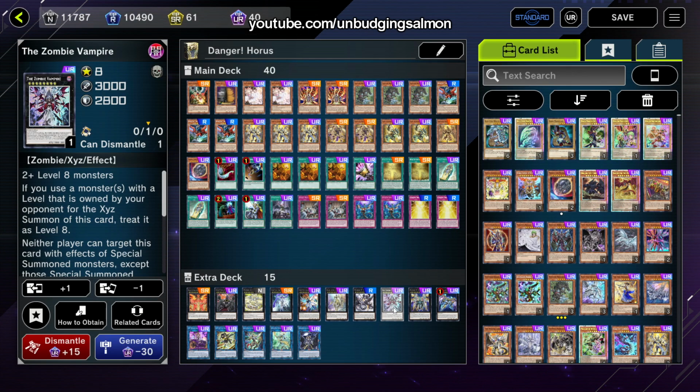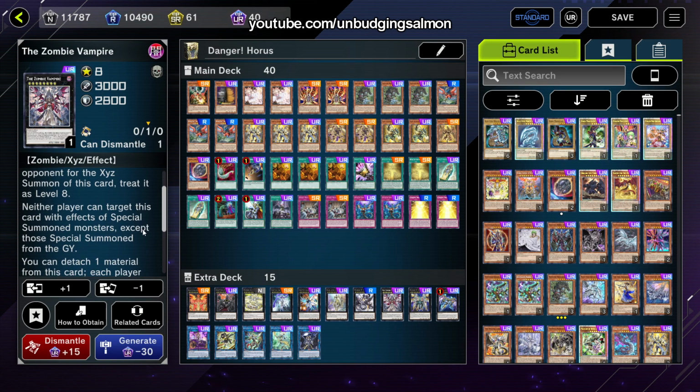Alright, Zombie Vampire, you're going to be making this pretty much every game, if you can help it. I use it to kind of pace myself so I don't pitch my entire hand. And I do that by making it first when I have the ability to use 2 Horus monsters. And then that lets us,